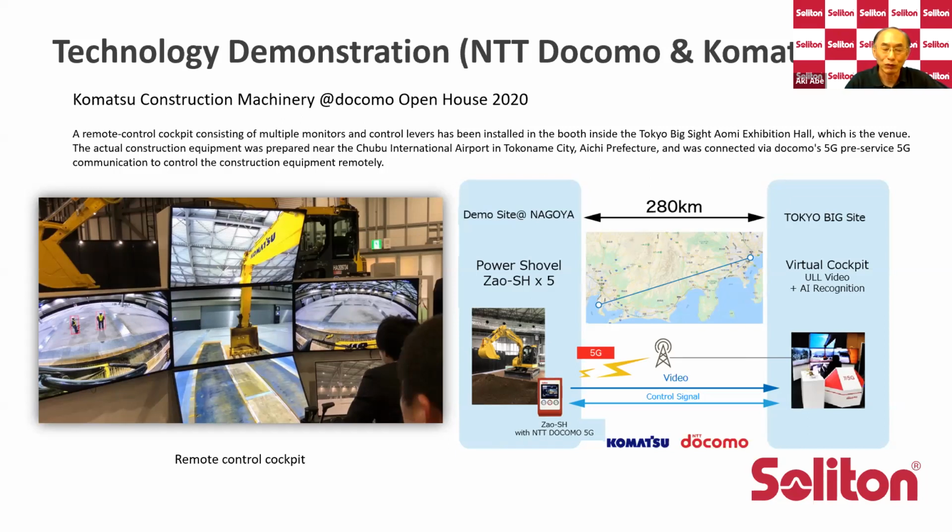So this machine cannot be moved or operated unless these two workers walk far away, and then it becomes yellow boxes, and eventually, farther away, it becomes green boxes. Then eventually you can move this construction machine. This is one of the applications. You're not just using the audio and video delivered to the monitor, you can also send it to your own program, like an AI program. So you can use this technology in conjunction with others.